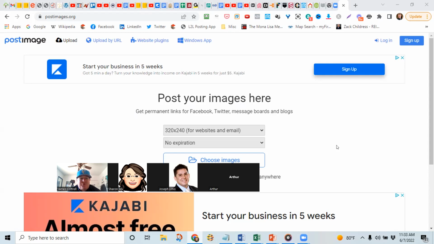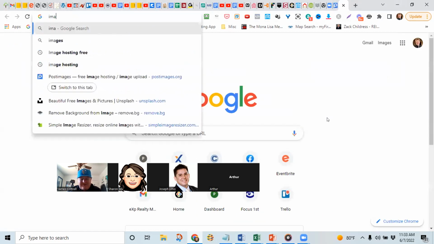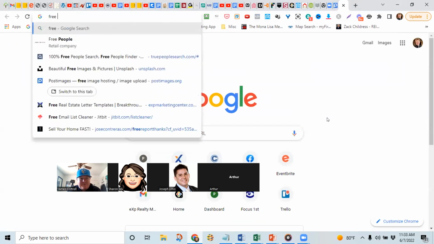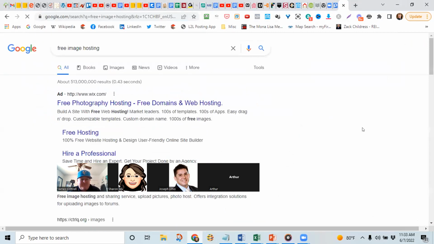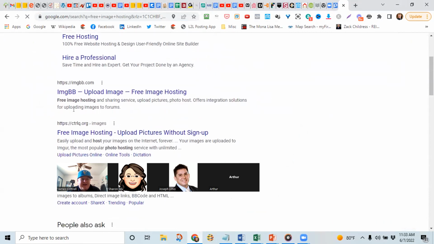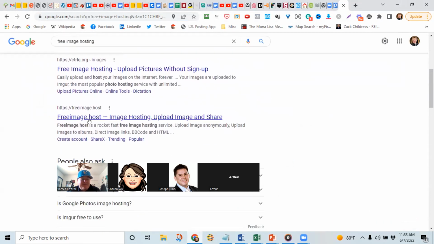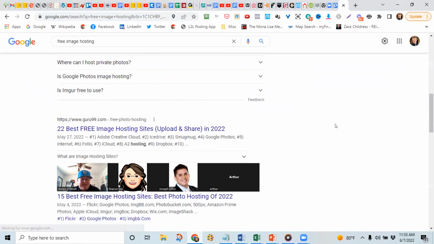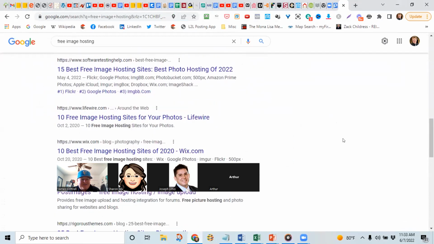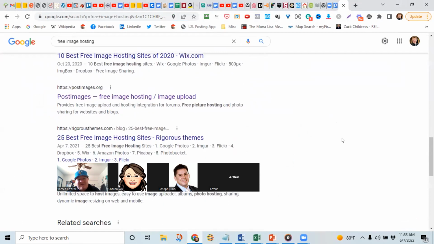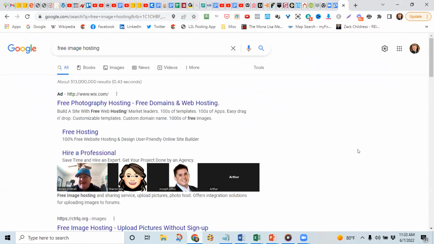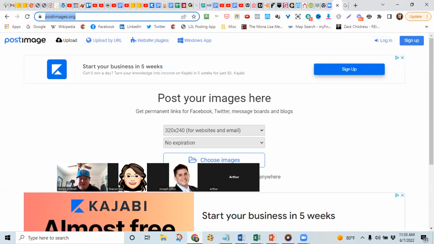You can also upload it to Google Drive. You can just Google free image hosting. There's Freeimage.host, there's others. I like Postimages. I've been using it for years, I've never paid a dime for it, and all my links always work. So that's my go-to.